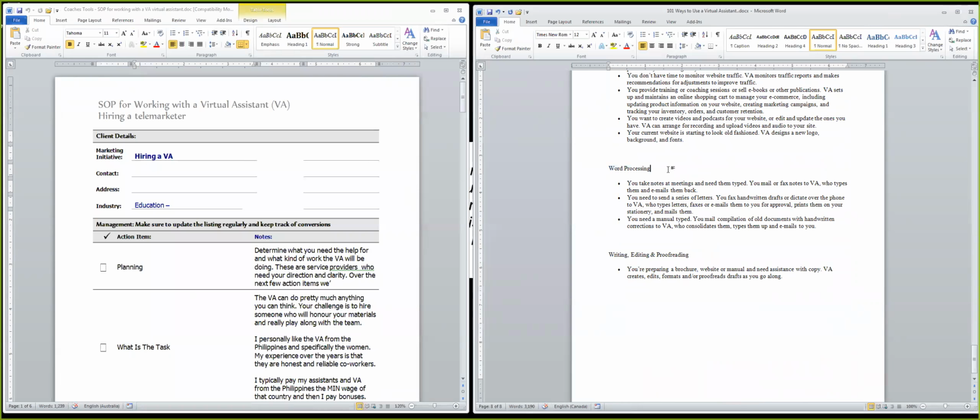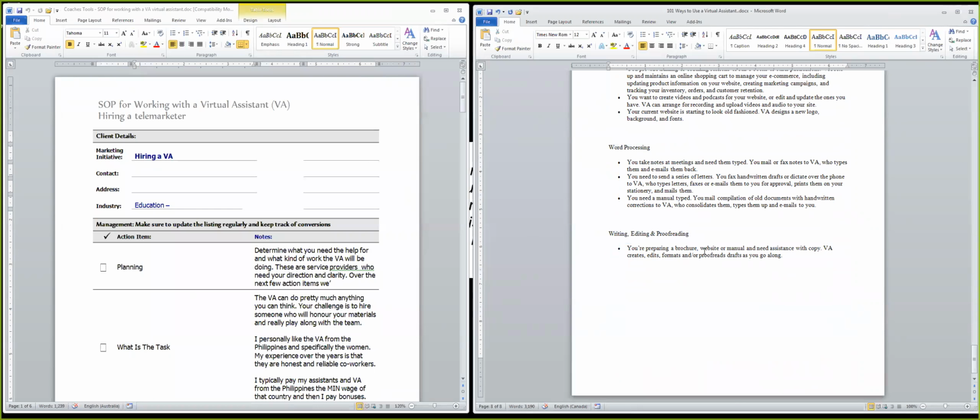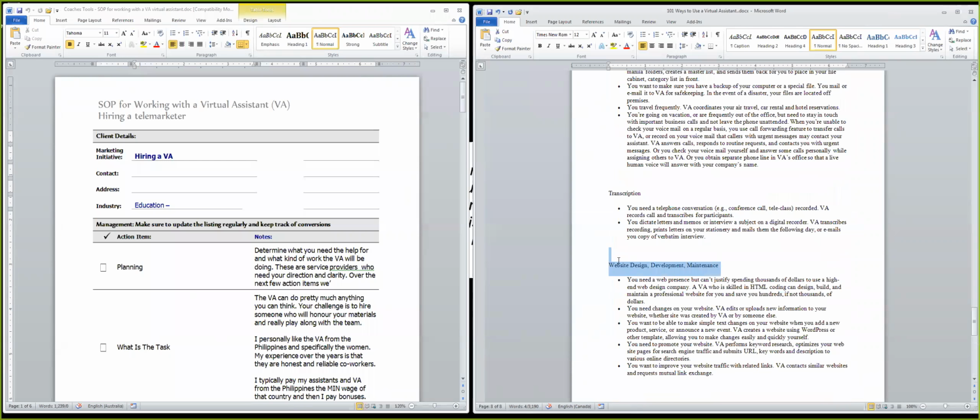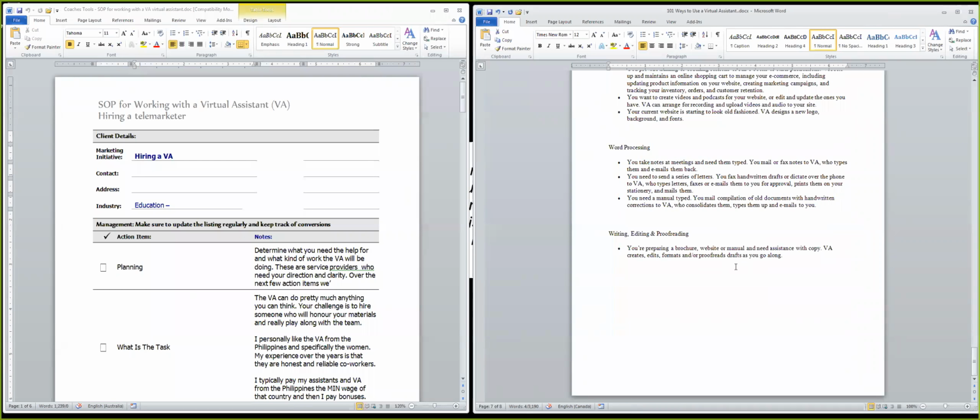And he got banners for Facebook, and he got letterhead and business cards. They can do word processing and then writing, editing, and proofreading as well. And so you spend a little bit more for this, and you have to remember that you're going to most likely spend a bit more on website design and development, because that's a little bit more of an expertise,